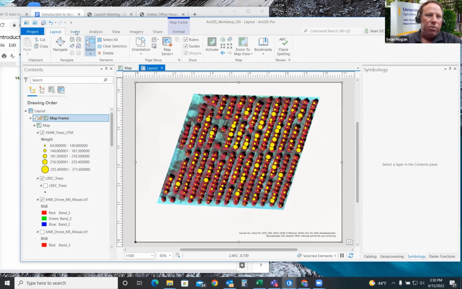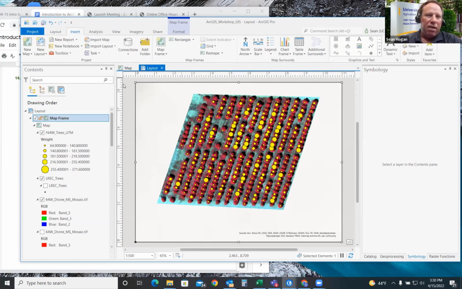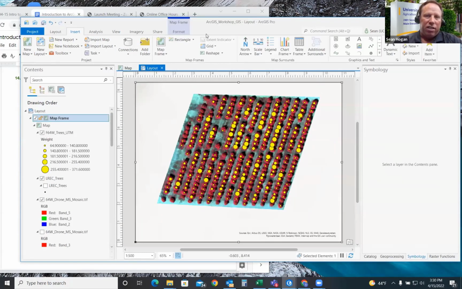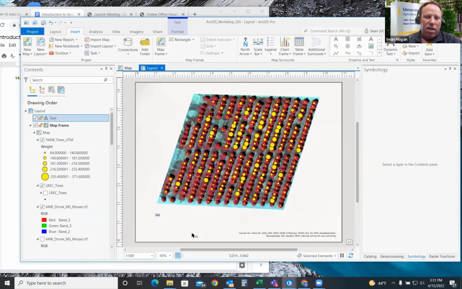And then I'm going to go up to insert. Note that when you're on a layout view, as opposed to the map view, your options will change across the top. What we'll do first is add in just a straight text. So I'm going to click on straight text. It's at the top right, under the insert tab, over here on the graphics and text part of the screen. And then go down and click on the map below the orchard. You can see it comes in little bitty teeny weeny. That's not really what we're going to want, but that's okay.